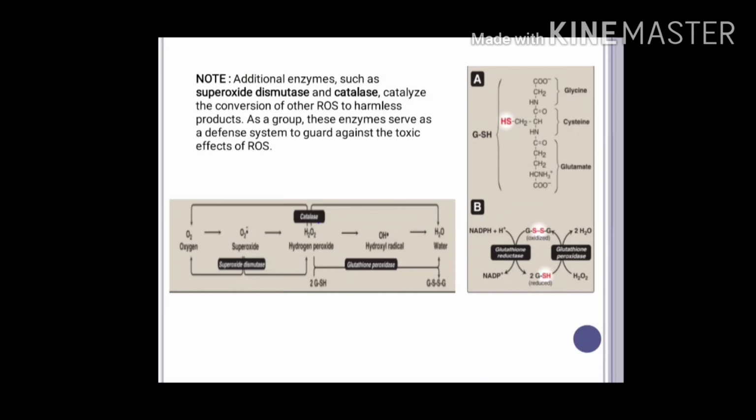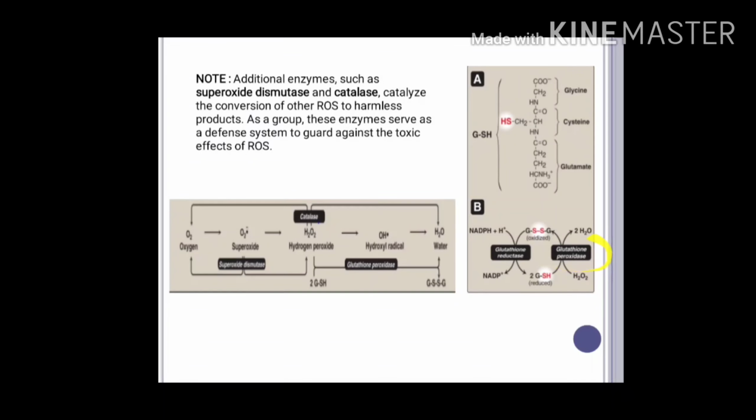So you can see this is a diagram. You can see this H2O2 has been produced, so this is reduced to water using reduced glutathione. So reduced glutathione and hydrogen peroxide, these two have combined, and reduced glutathione is converted to oxidized glutathione. On the other hand, this hydrogen peroxide is reduced to water, and for this the enzyme that is required